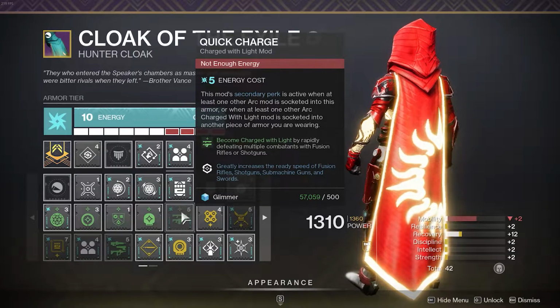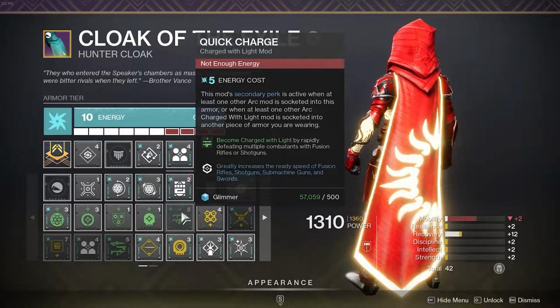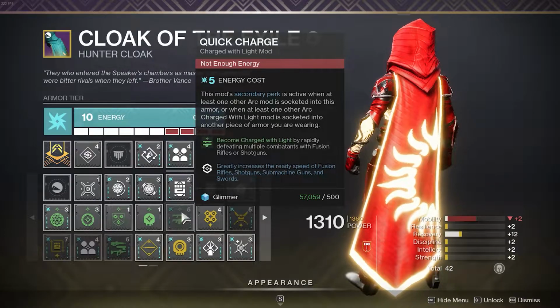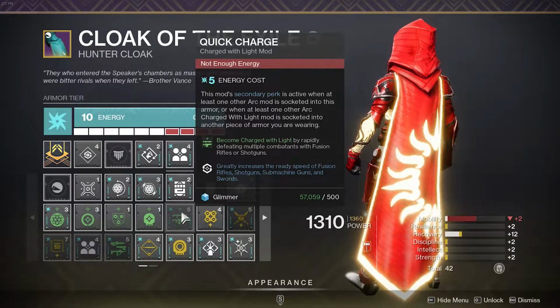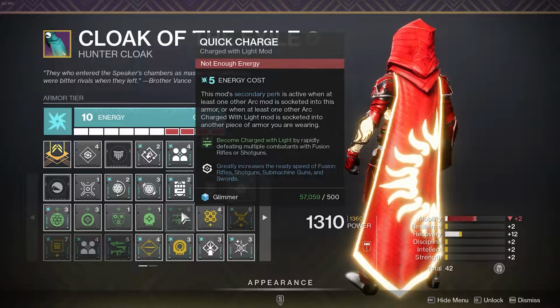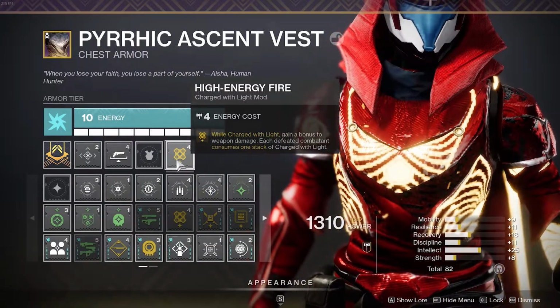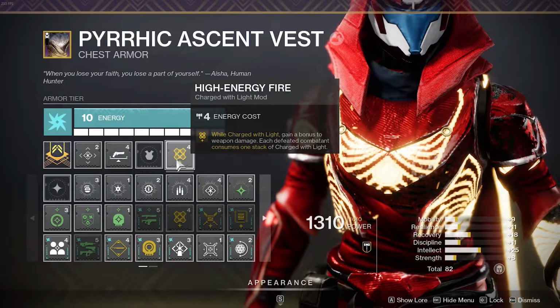This is useful because when you have an arc mod equipped, it will greatly increase the ready speed of shotguns, fusion rifles, submachine guns, and swords. With the nerf to aggressive frame shotguns with quick draw being replaced, this will almost be a must-have on your build. For the mods that will consume your Charged with Light stacks, the most common to run in PvP is